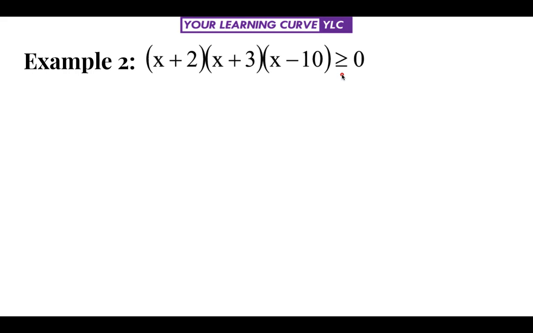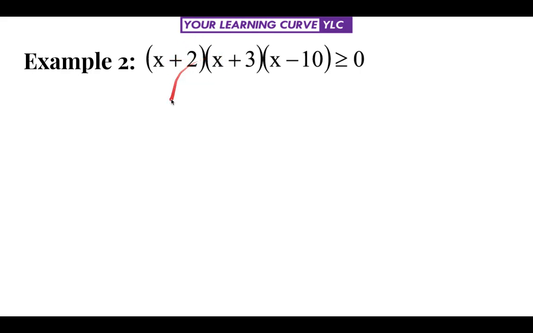Here the RHS is 0. Our first step, we don't need to make the RHS 0 first. Then we have to factorize. It's already factorized, all the terms are linear terms. Then we have to make the variables positive. So here x plus 2, x plus 3, x minus 10, all the variables are positive. So we don't need to follow the first 3 steps. Now first thing, we'll start straight away with finding the values of zeros.